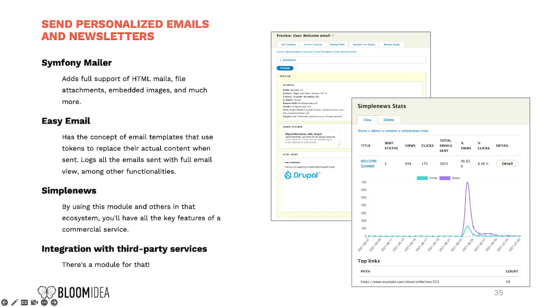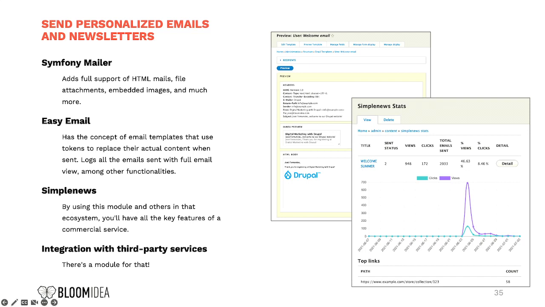Email marketing is one of the favorites and still one of the digital marketing channels with the best conversion. Probably you don't know, but Drupal doesn't send HTML emails by itself, okay?